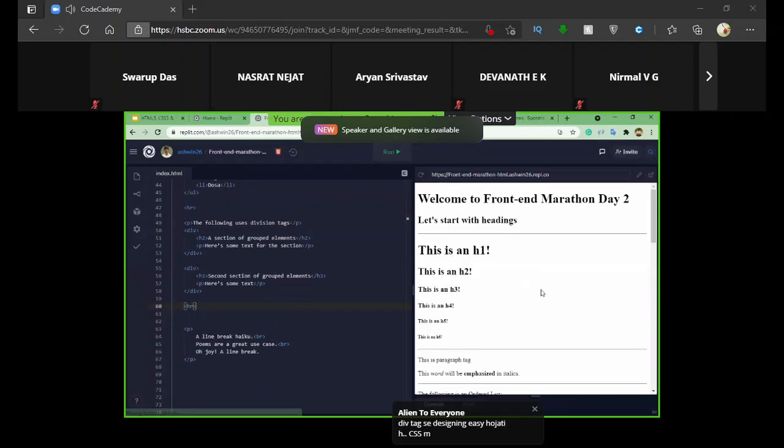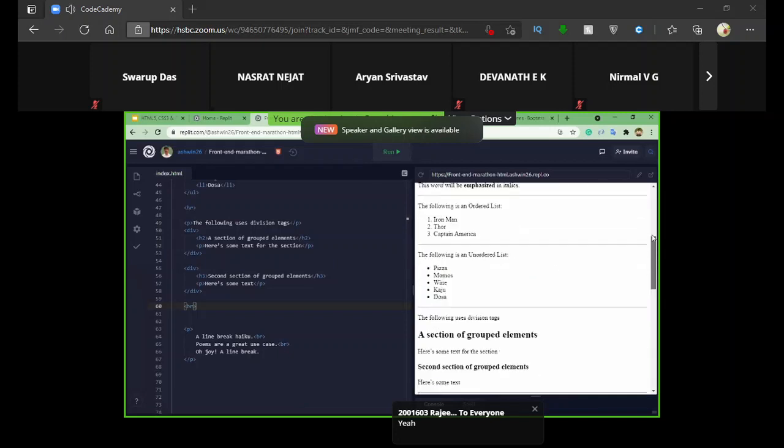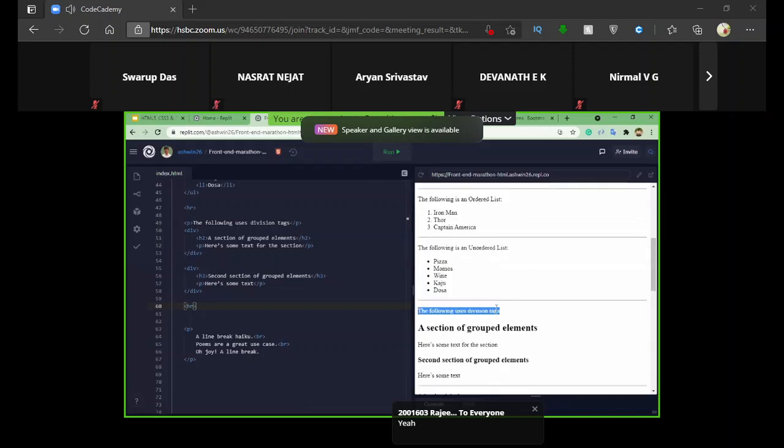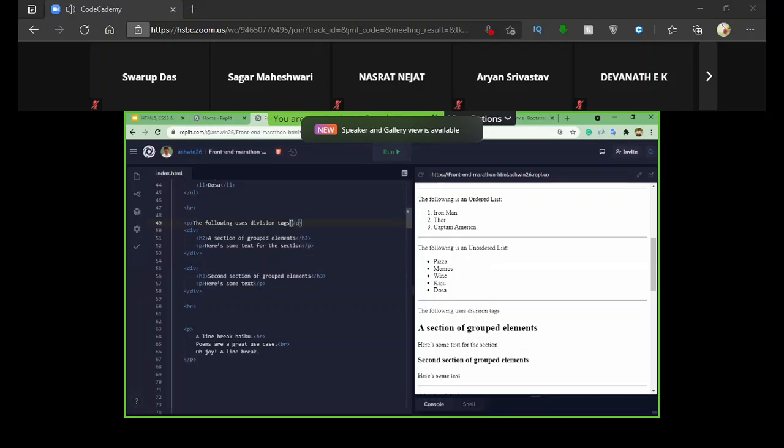If I run this again, as you can see, it will be displayed. Whether you say that it is a paragraph or just plain text, the HTML file will display it on the website. Whereas we shouldn't leave such text open, like you said. I missed that paragraph tag by mistake. If we don't add it, by convention it is not good, we are not following the standard. So it's always best practice to wrap text inside some type of tag in the HTML file.